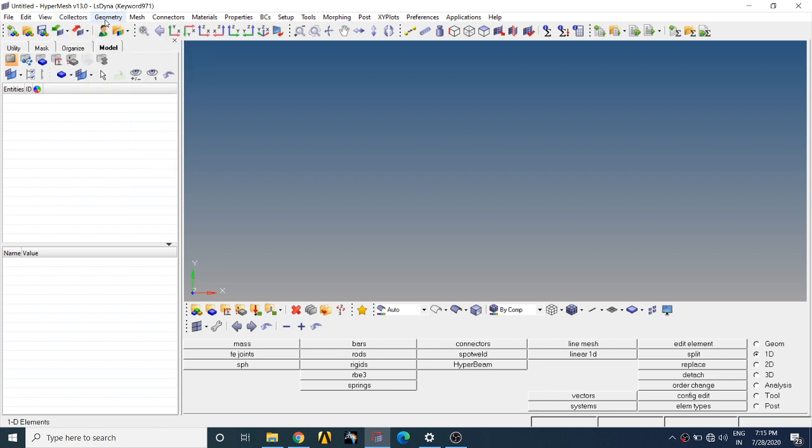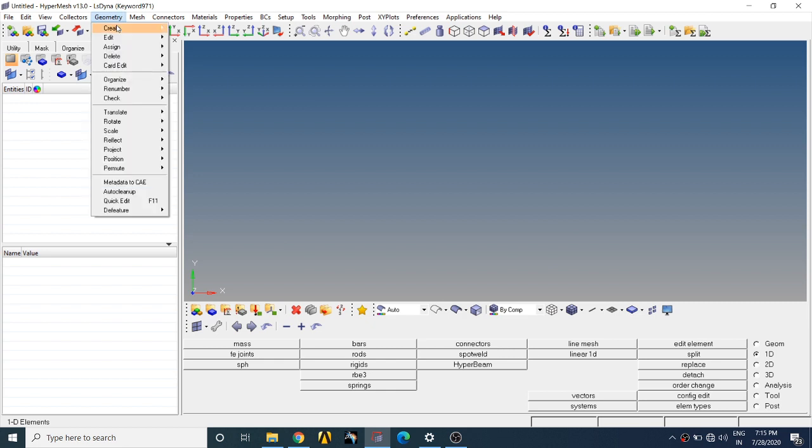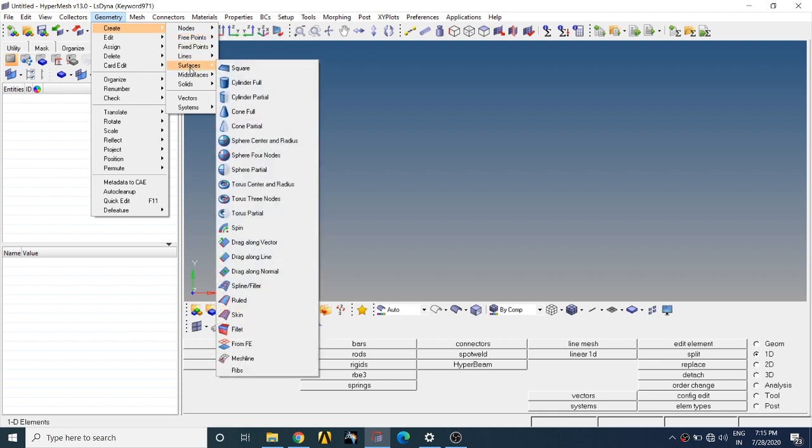The next option is Geometry. Suppose you want to create any surfaces or any kind of geometry, you can create it by using these options. Let's say here there are some standard geometries. We can create these standard geometries directly from these options.